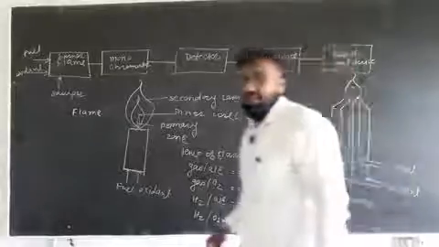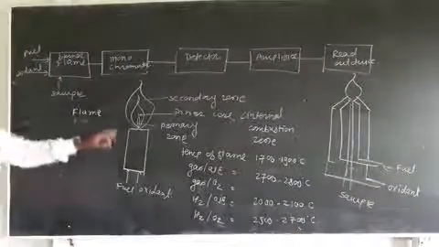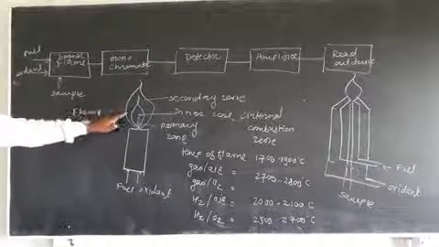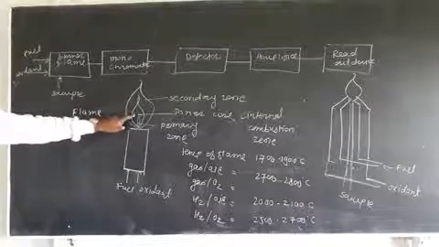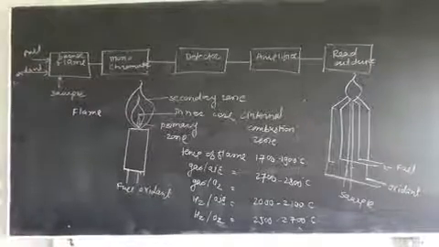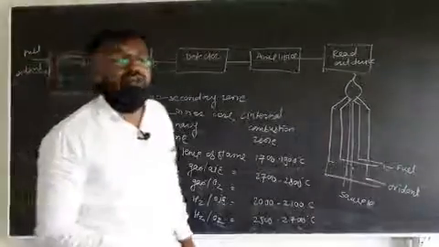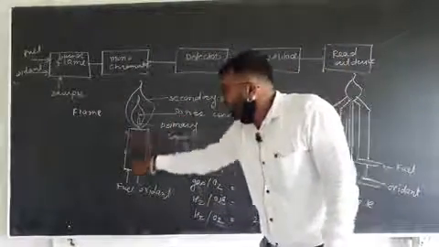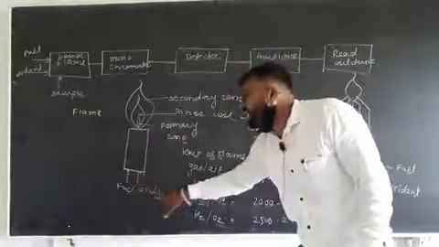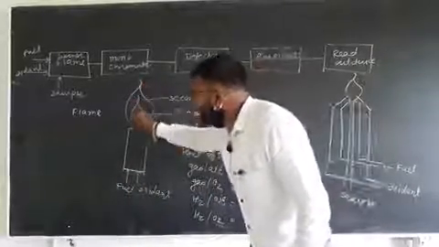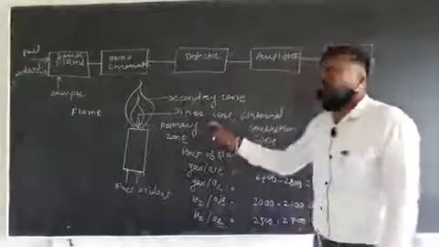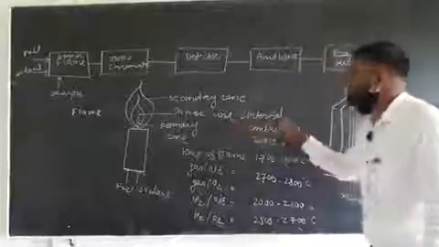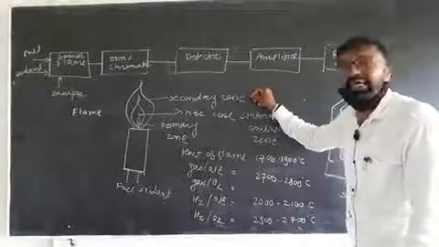Before starting the actual instrumentation, we discuss the flame. What is a flame? The flame is a basic and important part because it plays an important role in the atomization process. Until the atoms are formed, they will not go to the excited state. Therefore, you should consider the flame. The flame is produced inside the burner by fuel and oxidant. If we consider this diagram of a flame, it has three parts: one is the primary zone, second is the inner core or internal combustion zone, and third is the secondary zone.